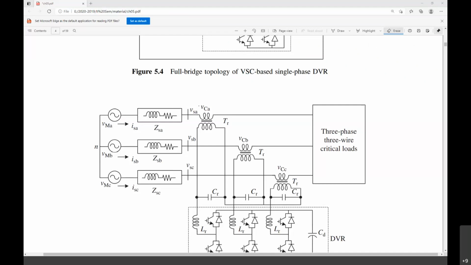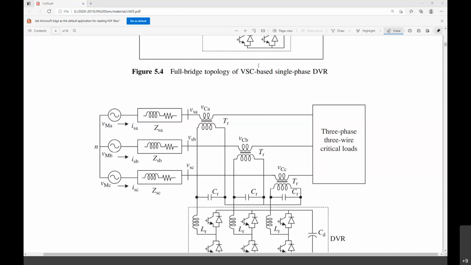I have not discussed the minimum energy method. This I asked you people to go through. I'll share this paper also. You can go through it as such, it is not difficult. And if you have any doubts, I can discuss this minimum energy compensation method in the class also.